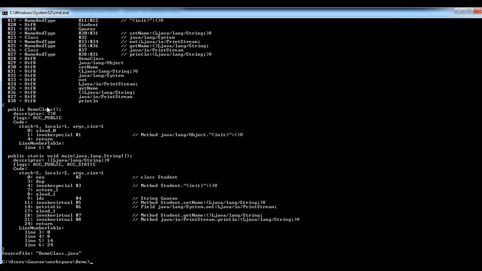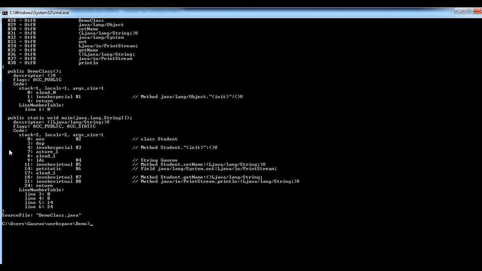So let's go down to the code. This is the bytecode, which contains the JVM instructions. It includes a lot of instructions that are only understandable by the JVM, like invokespecial, aload, new, invokespecial, and LDC. All these instructions that you see are JVM instructions. Along with these JVM instructions, you will see these numbers with a hash.